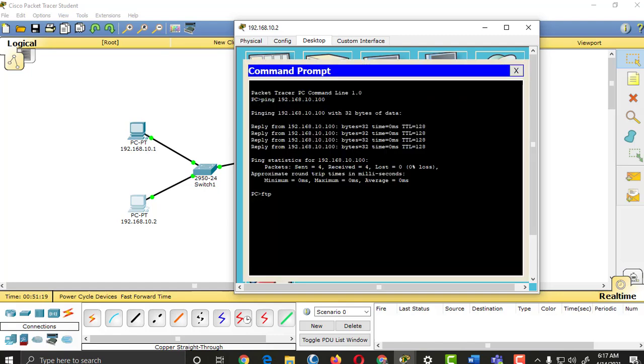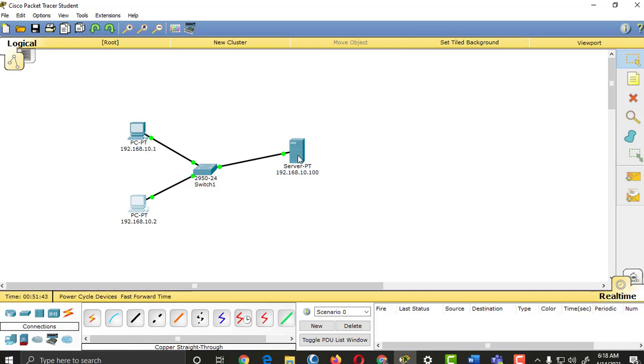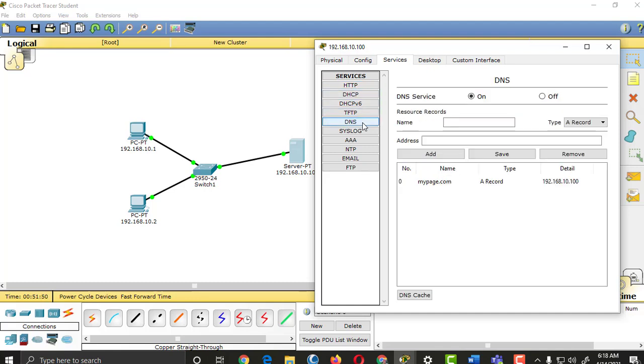Okay, so FTP 192.168.10.100. Again, sample user, and then password. There. So we are now successfully logged into the server, and we can use the services using the FTP or file transfer protocol. Okay, so we are now done with the HTTP, we're done with the DNS and the FTP,